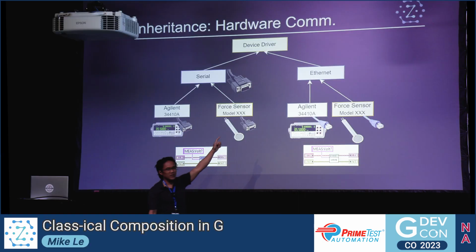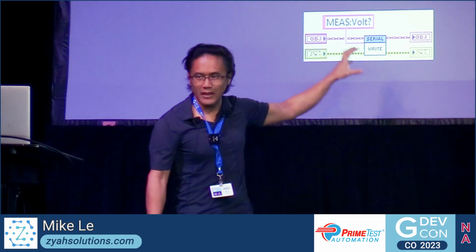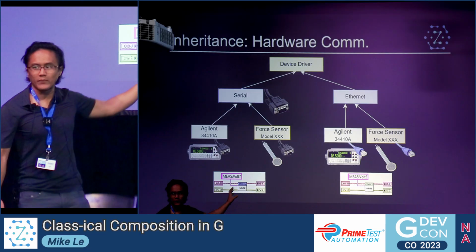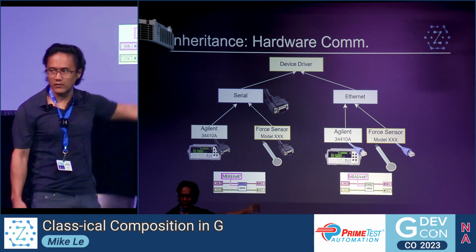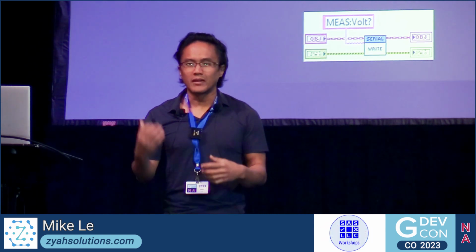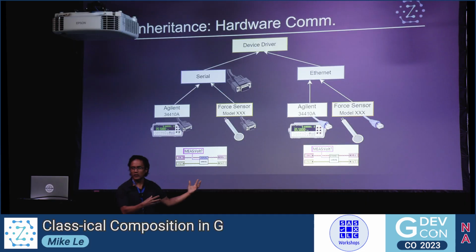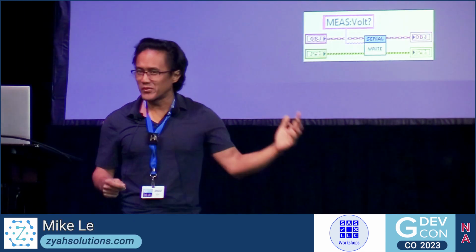Because we're saving ourselves from duplicating the communication interface, but the more important code, I would argue, these details, this measure voltage stuff that the Agilent defines, is being copied across these two branches of the inheritance tree. And that's not good. It's completely against the philosophy of object-oriented encapsulation. The reason we move to classes is to avoid maintaining multiple code bases that are doing 98% the same thing, right? So what do we do?